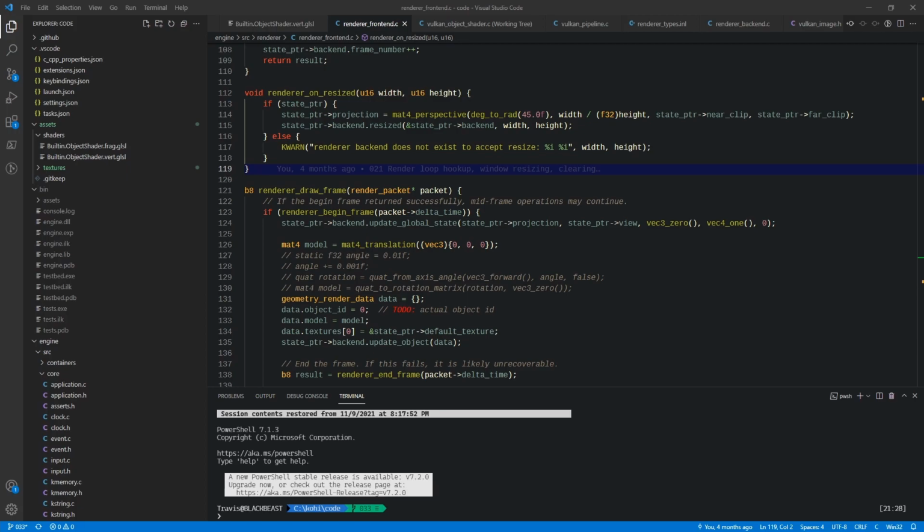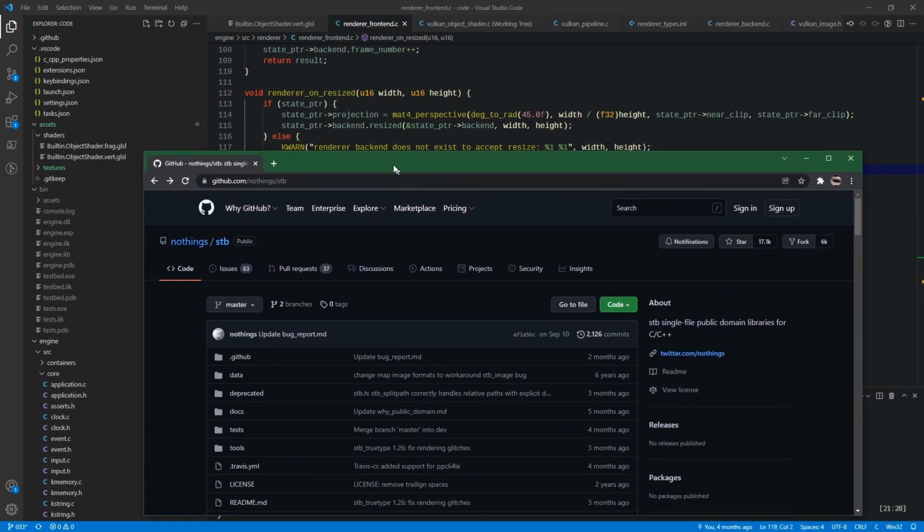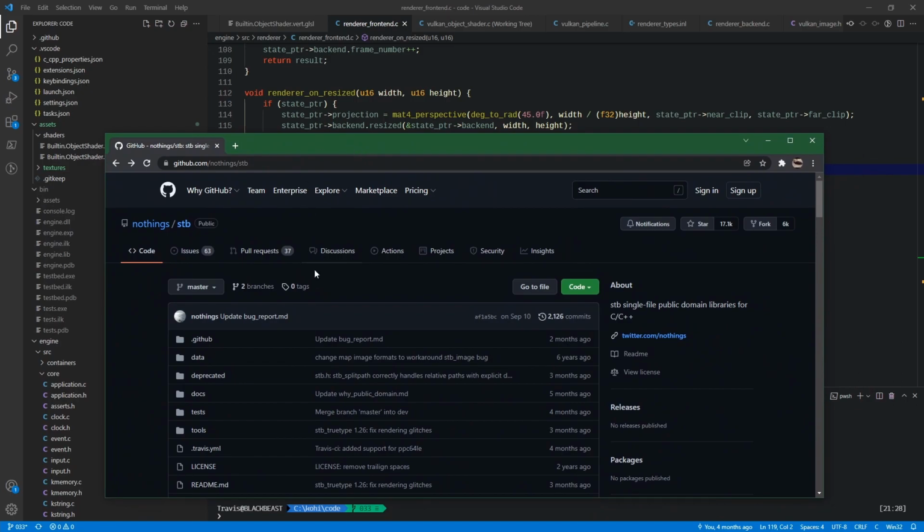Next, we need to import a header-only library, and this is probably going to be the only library for the foreseeable future that I'm going to use. I know that we're building all this stuff from scratch, but this is an exception that I'm making in this series for the sake of time. I may do a side video as to how all this works and how you might write one of these, but what we're going to be using is something called STB image, which is part of the STB collection of